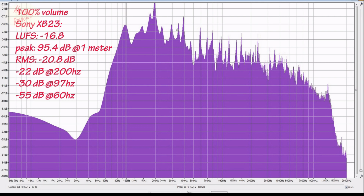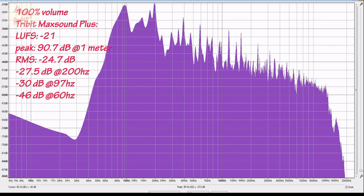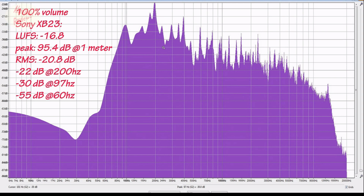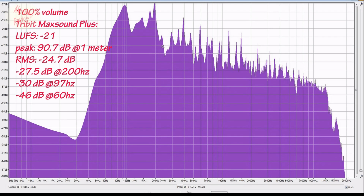So it has a massive 200 Hz peak on the Sony XB23, clearly trying to make up for that massive loss of bass. That does give it a bigger upper bass peak. 2 dB up on Flip 5, 5.5 dB up on the Maxsound Plus. But that's a boost. There's nothing natural about it. In terms of bass peak, minus 30, 4 dB down on the Flip 5 is the same bass peak as